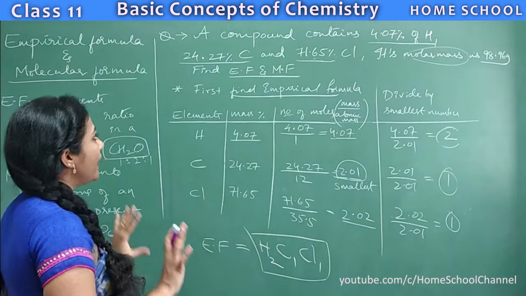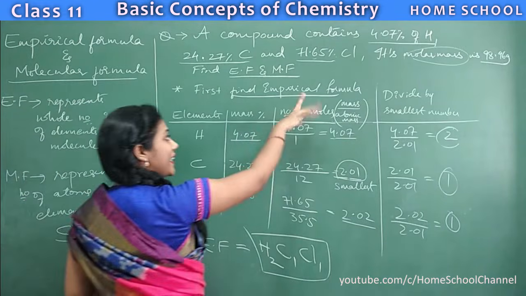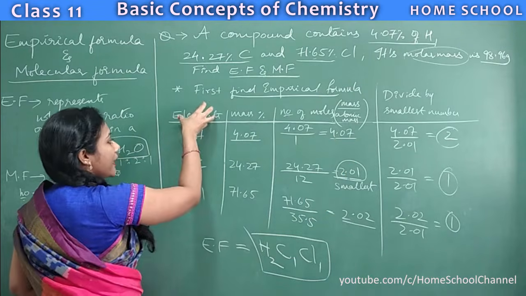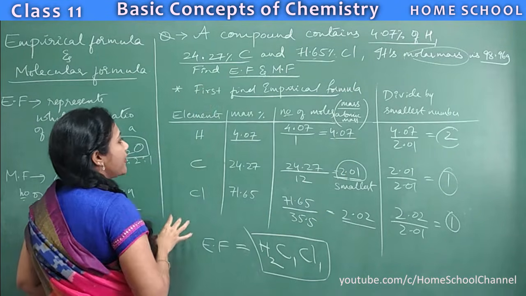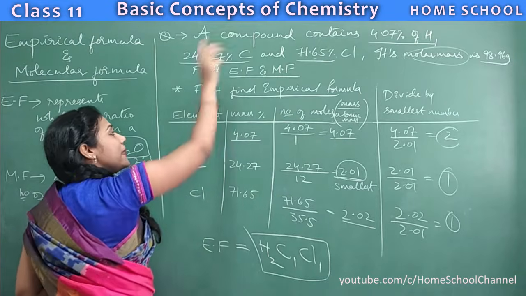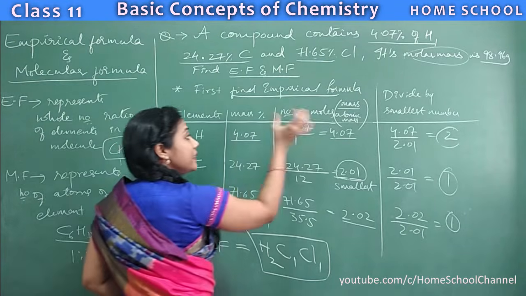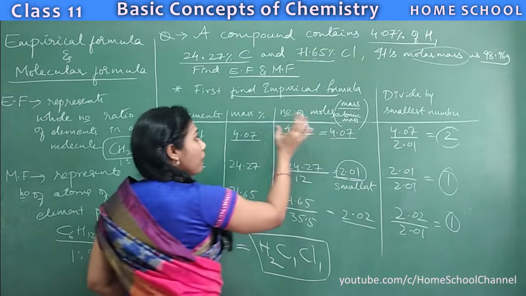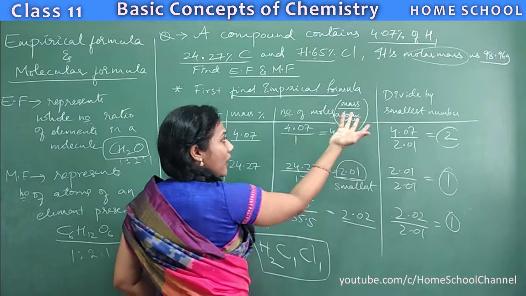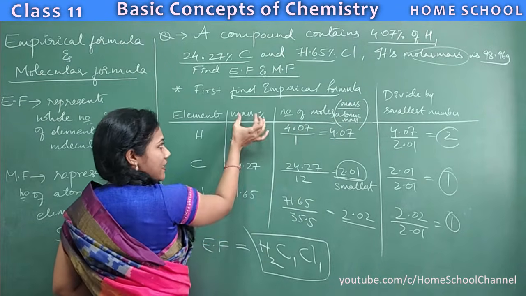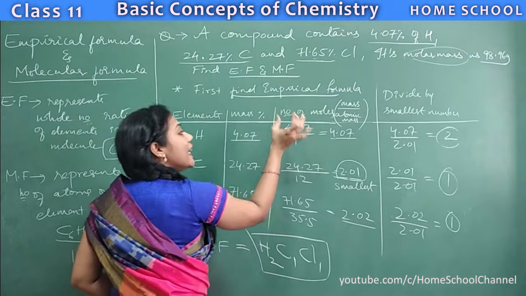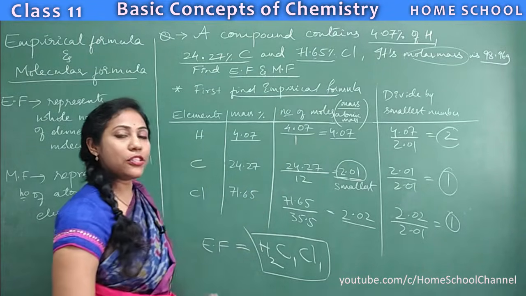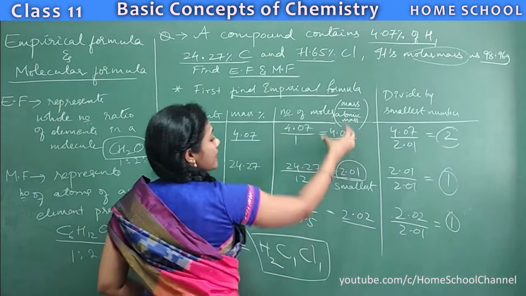Okay, so what have you done here? First, we have to find the empirical formula. For that, take some information column-wise. List out the elements which are given in the question. Mass percentages will also be given in the question, list them out. Then the third important step is calculating the number of moles. You need to calculate the number of moles with the formula mass divided by atomic mass. Whatever percentage mass number they give, take that as mass divided by atomic mass. So you must know the atomic masses of every element. So you will get some numbers.